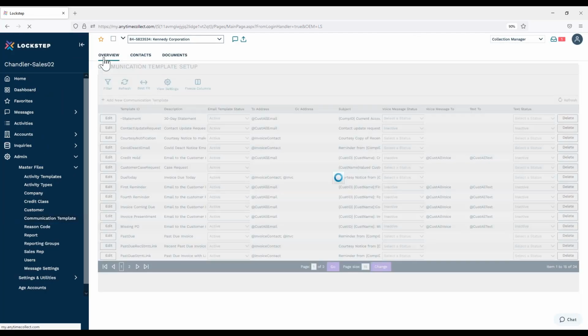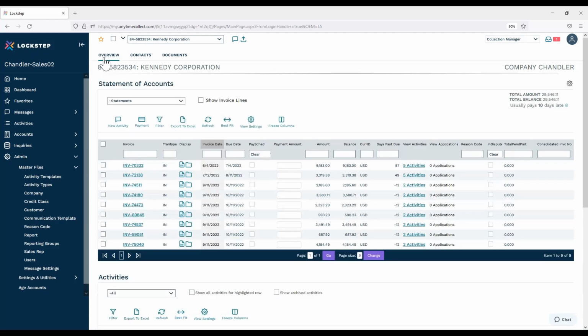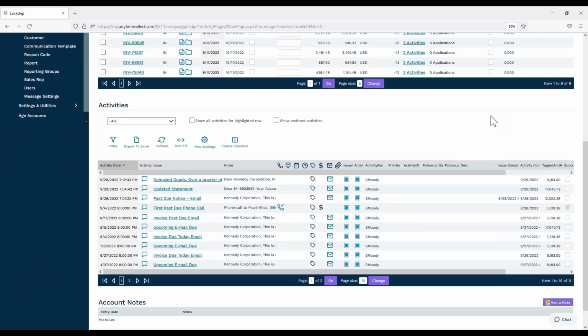So the next section is the account overview or account detail for a customer. So typically that manual process, you're going into Sage 100 to look up that customer's detail, the transactional detail, and a lot of times the notes of that customer are in a different space, let's say inside of Sage 100, or it's inside of an Excel spreadsheet. So we're able to put that all into one spot for a collector to view all the information on a specific customer. So they're able to come in here and see all the open transactions for this customer, how this customer typically pays. In this case, they paid 10 days late, as well as all the activities that have been